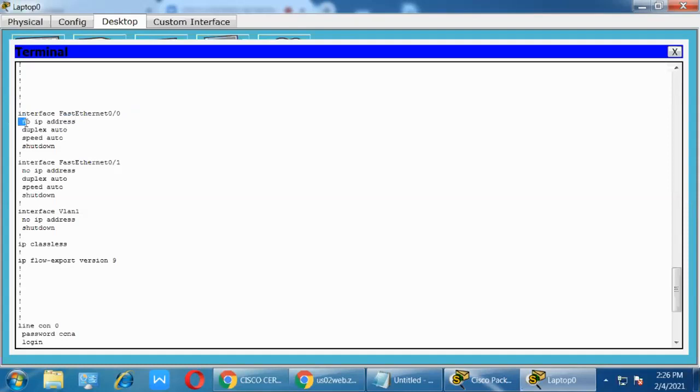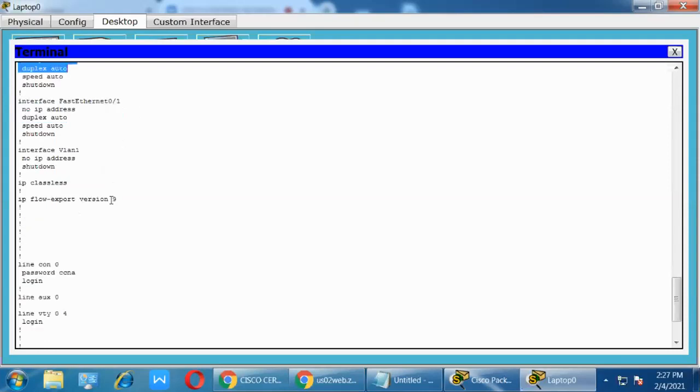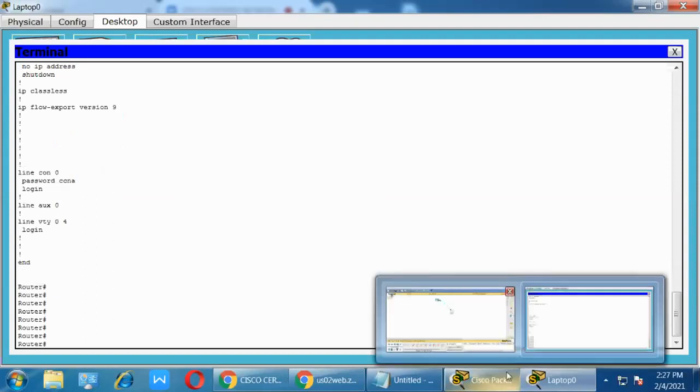After that, what can we say? Without space, this command is used in global configuration mode. And with space means the command is inside this configuration. So first I enter the interface fast 0/0. After that I assign the IP address, meaning inside this interface. Same here, line console, see here.